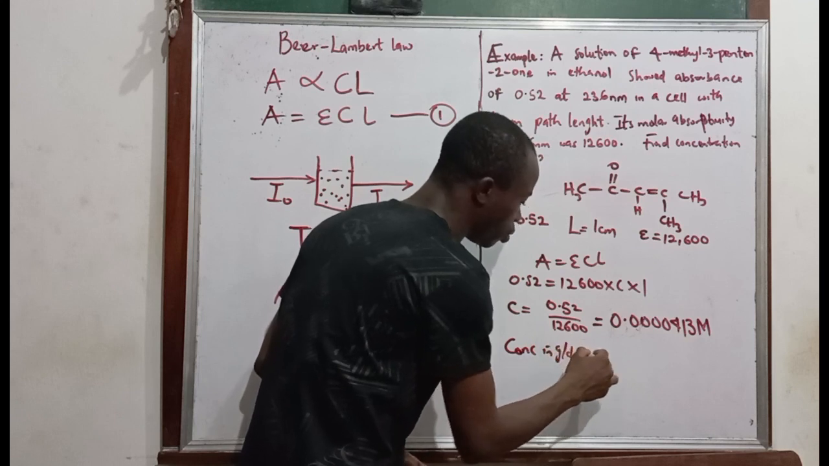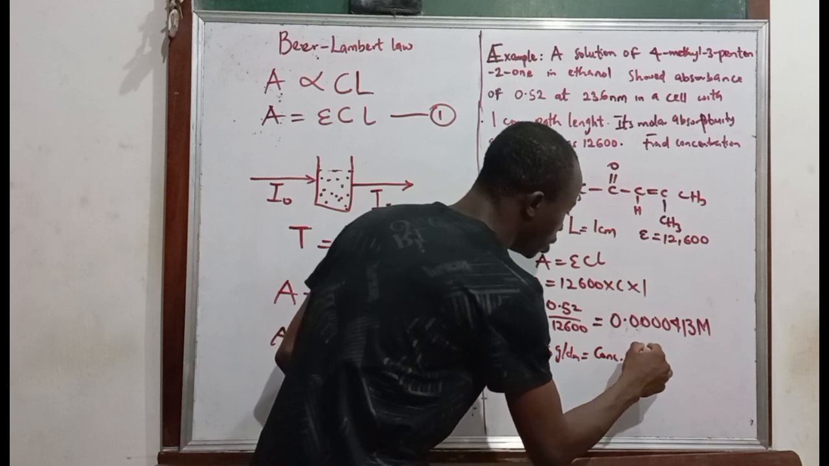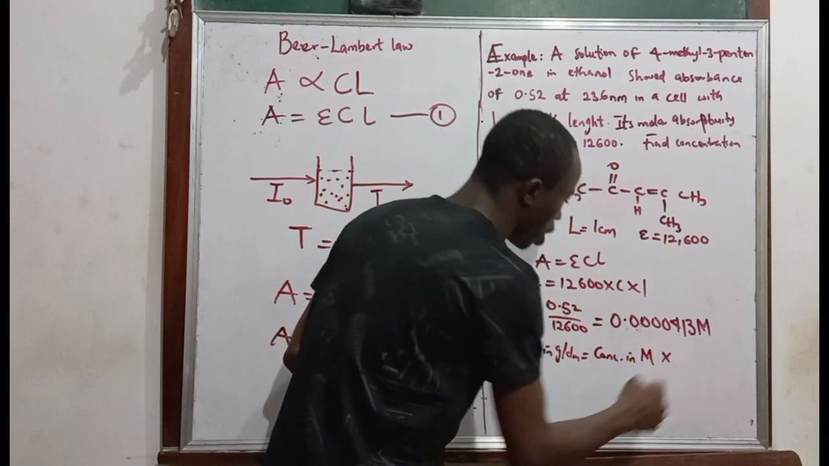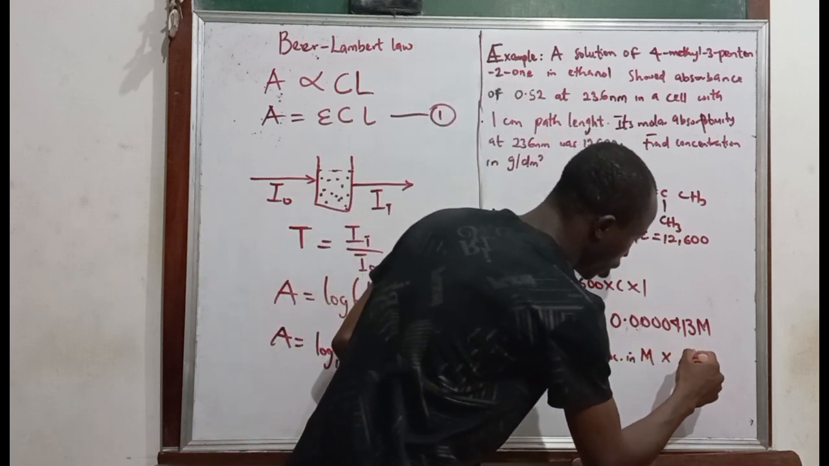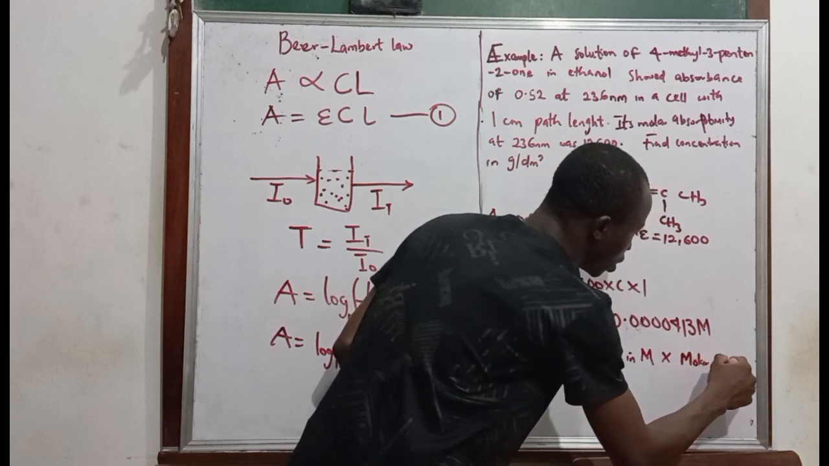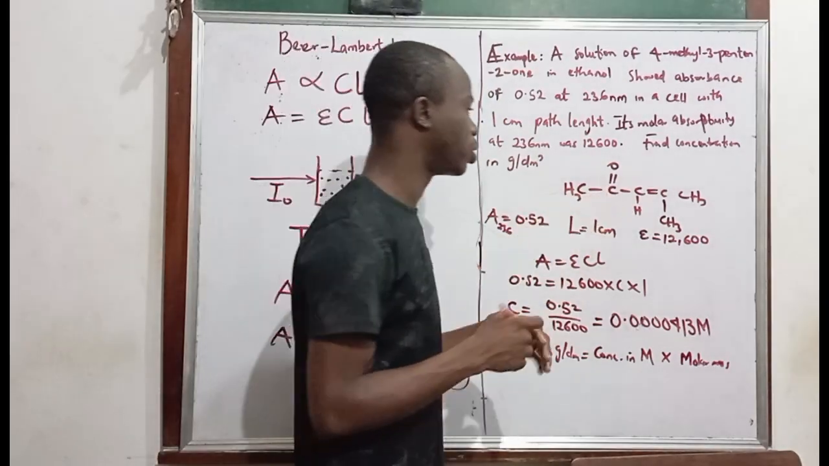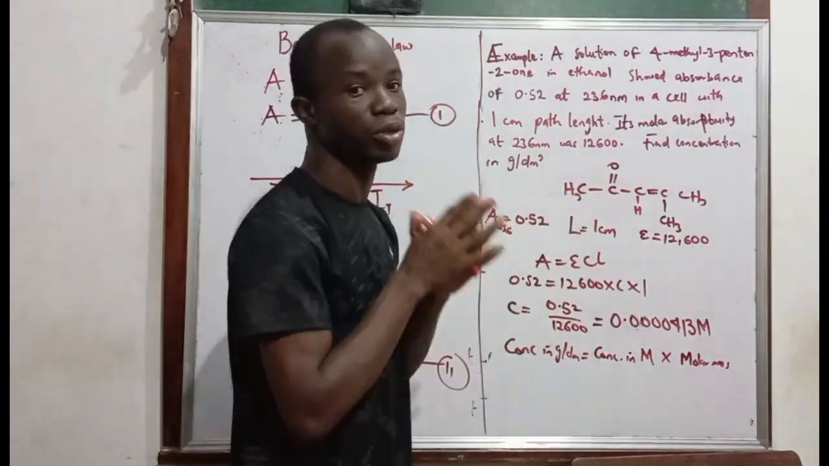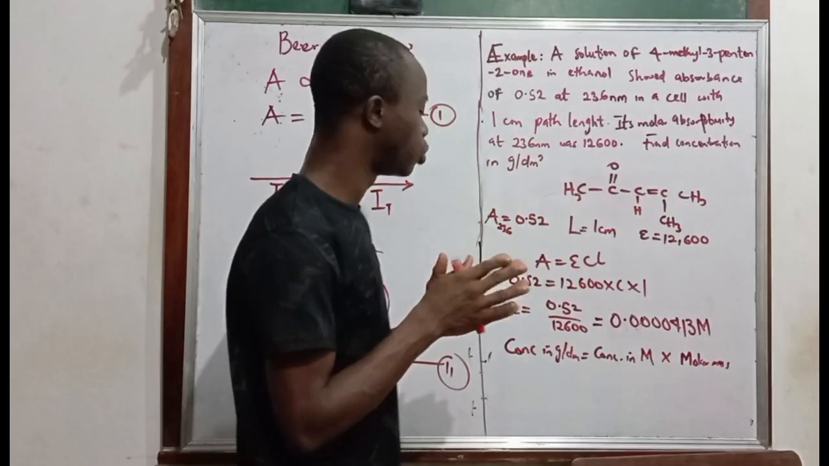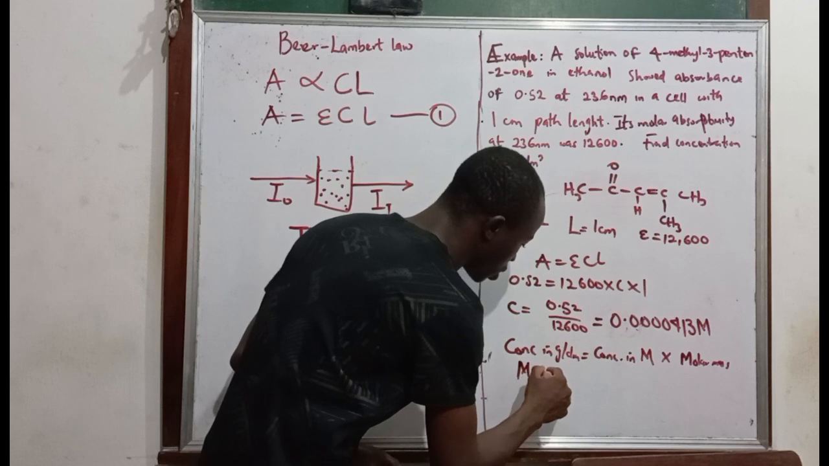cube equals the concentration in mole per dm cube, in molarity, multiplied by the molar mass. So we have to find the molar mass of the given compound, which is our 4-methyl 3-pentene 2-ol. So what will be the molar mass from there? Our molar mass